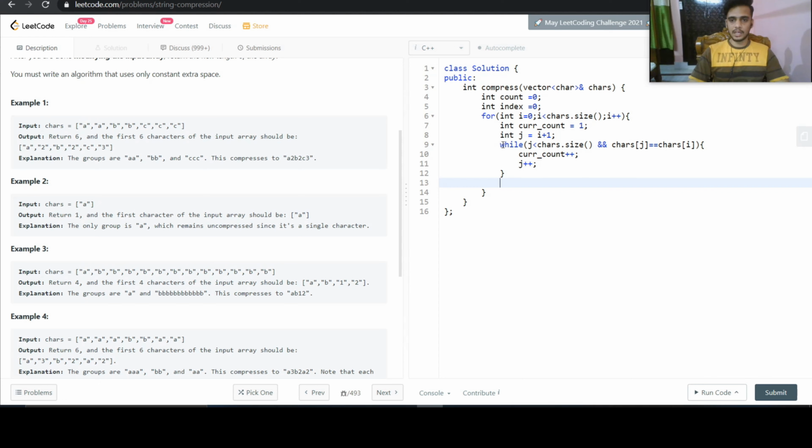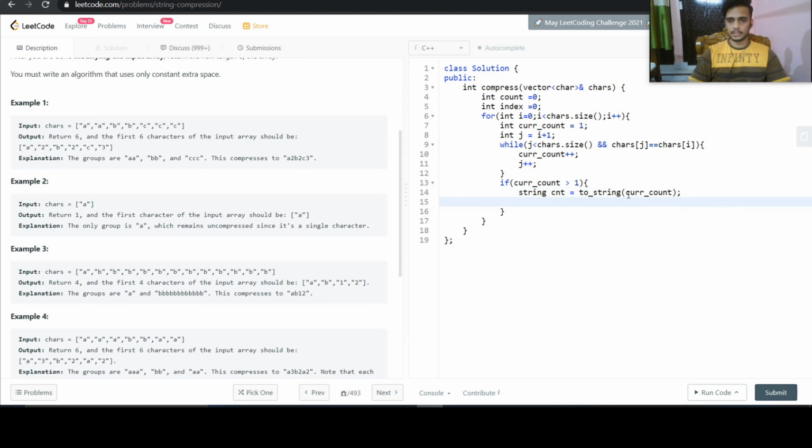And once we have the count, we will check whether our current count is greater than 1 or not. And if it is greater than 1, then let us convert its count to a string. So string count is equal to to_string(current count).